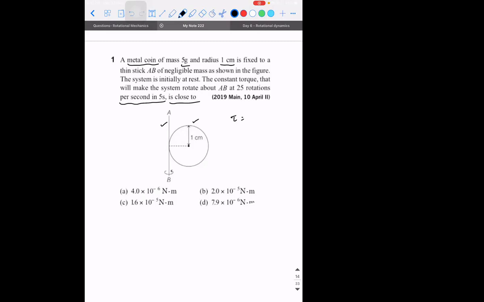Torque is equal to the torque vector, R vector cross F vector. In the scalar form, you can write it as R into F into sine theta, or sometimes as force into perpendicular distance. But torque also has another formula. What is it? I alpha. So when do you know which formula you're supposed to use? When will you use R cross F and when will you use I alpha?